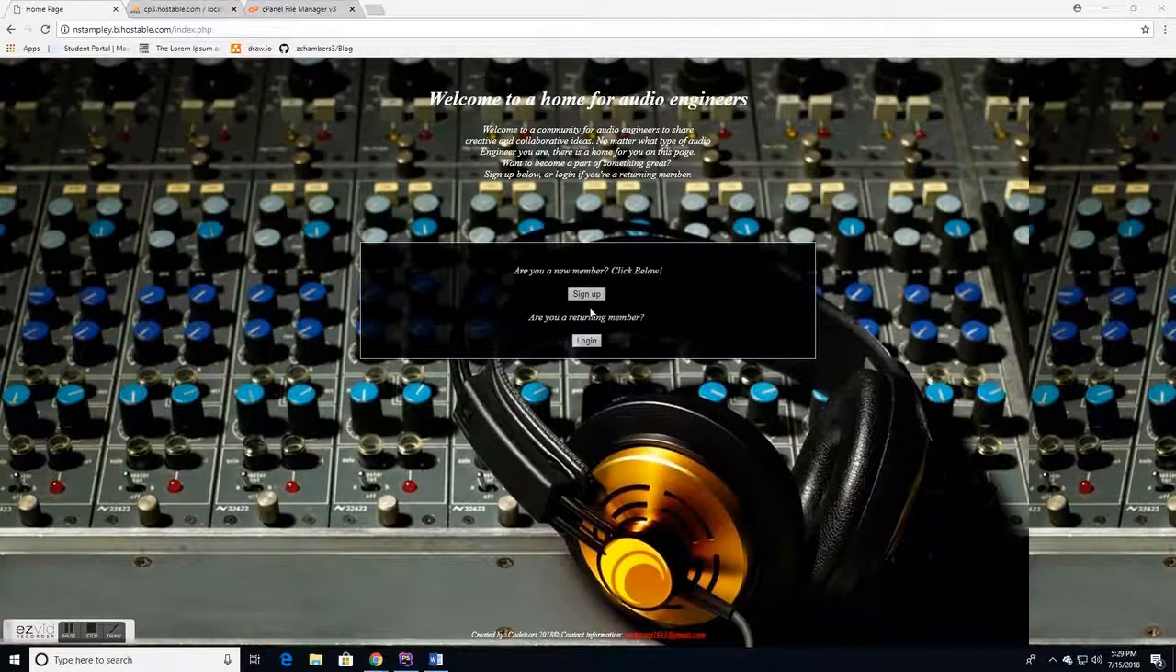So here the user can sign up, or if they're a returning member, they can log in. So after getting a feel for the website, the user will have either the option to log in as a returning user or sign up to become a member, as I said, free of charge to add. So the user chooses to sign up,